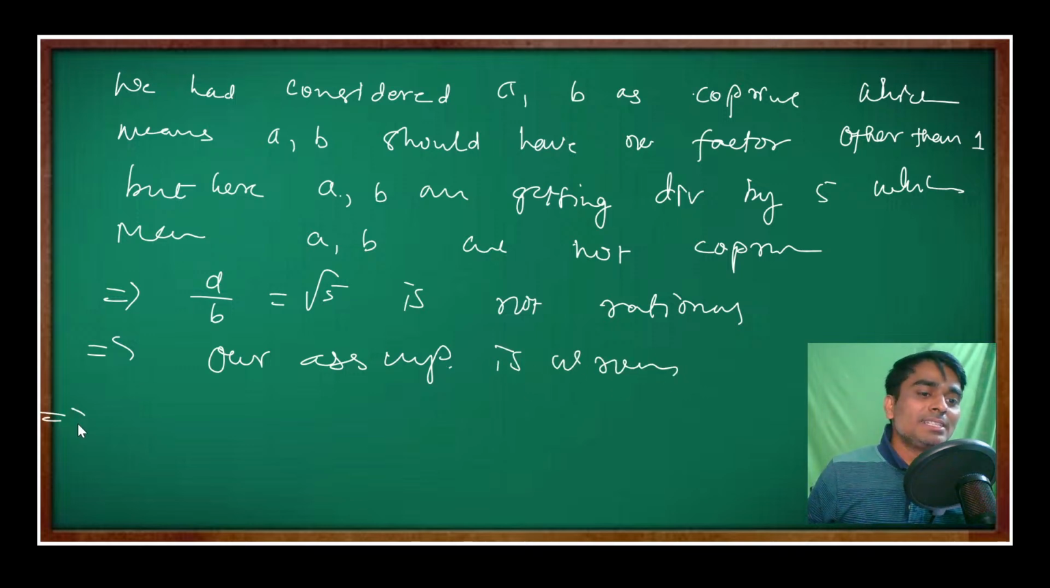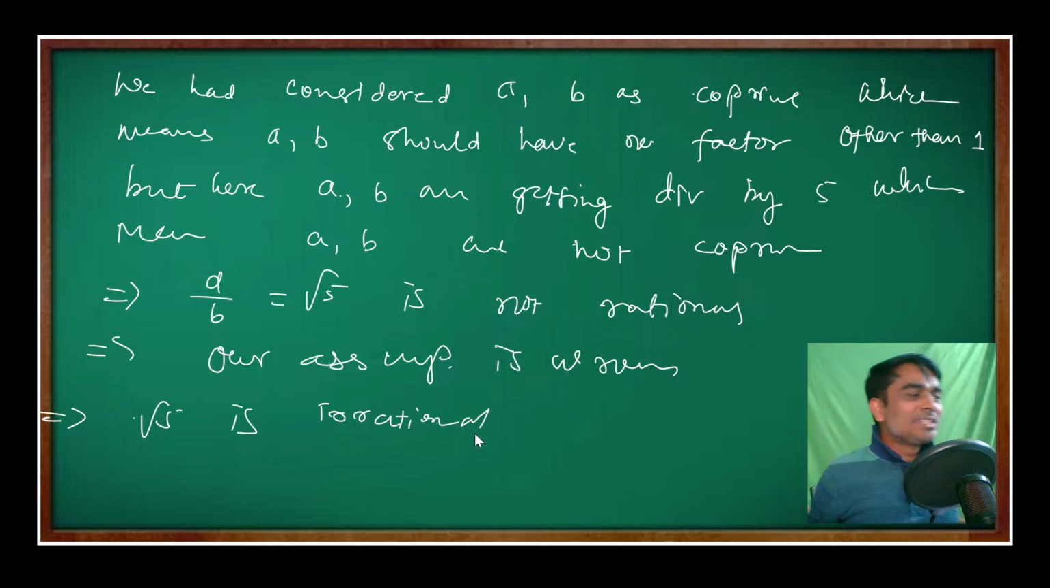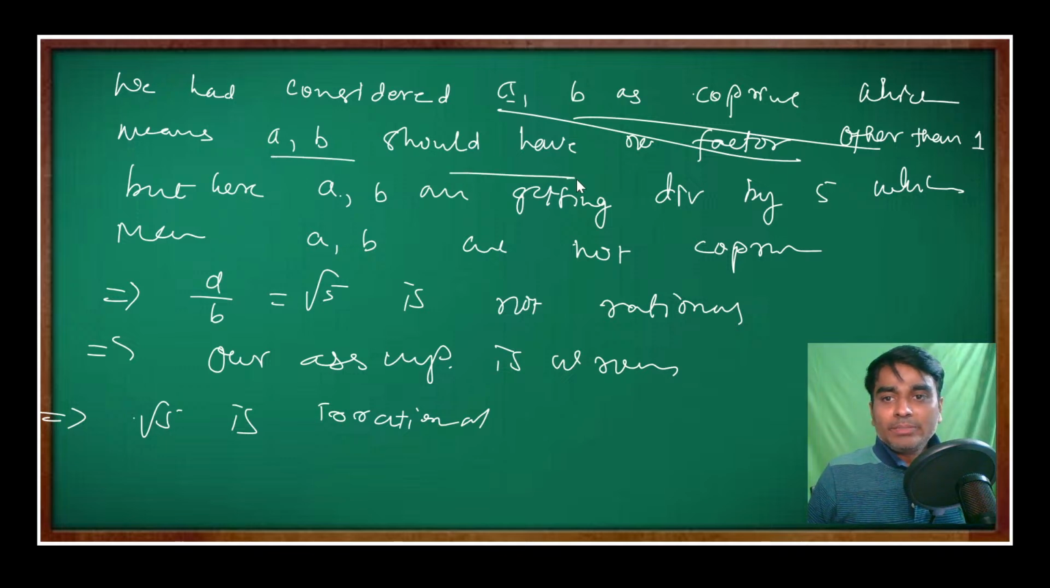Wrong. This implies root 5 is irrational. Oh my god, a full big story. Okay, no need to write so much story. You can make it short and just mention. See, this point is very important. We had considered A and B as coprime, which means A and B should have